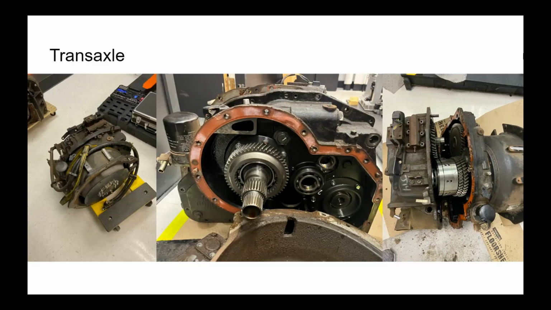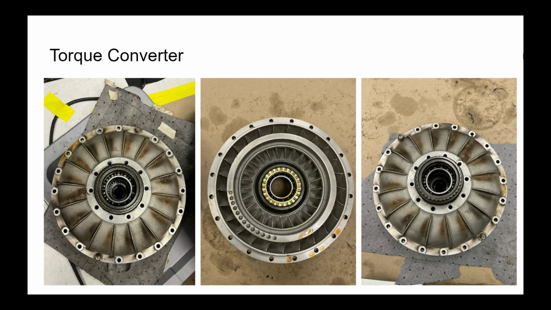A transaxle is a transmission, axle, and differential housed in one integrated unit. A torque converter is a key element found in a transaxle. Its role involves operating as a fluid dynamics system that facilitates the transfer of angular momentum from a car's engine